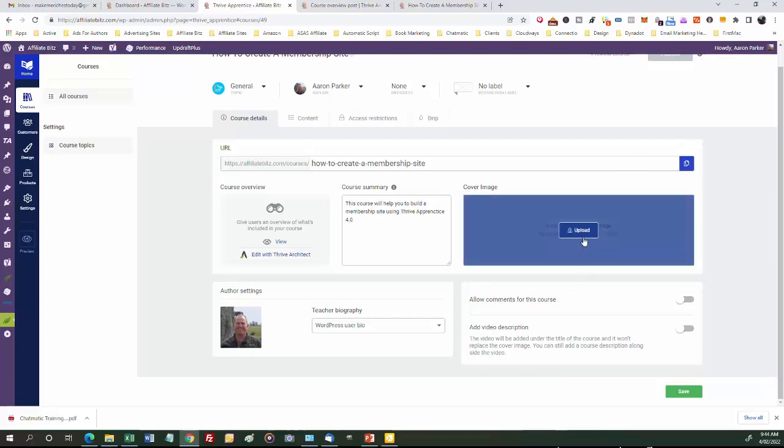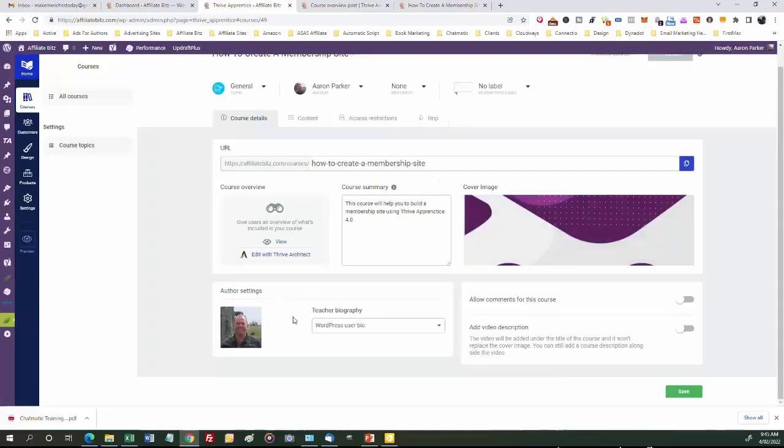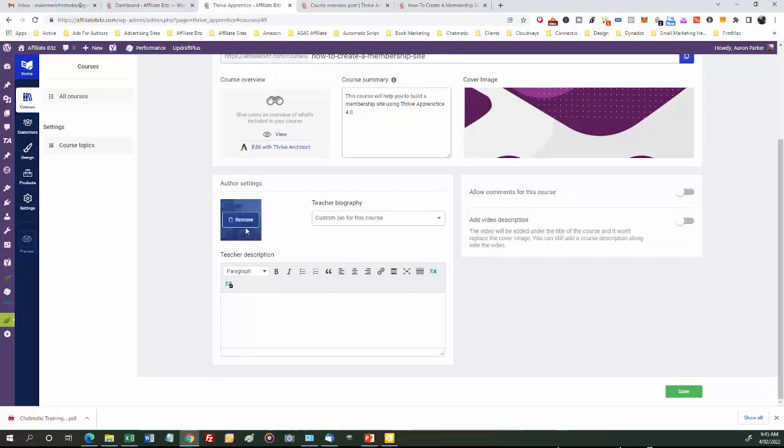Now we have an image we can upload, which will replace that big blue block. Then the biography. As you can see here, it's picking up my biography from WordPress, but I can use a custom bio for this course if I want to. So I'll pull that up. I can still use my image, or change that image. And I'll just say,